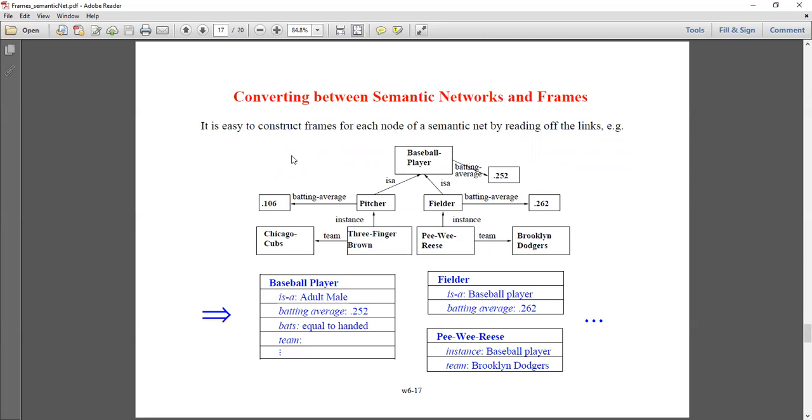So what is a script with the frames? In frames, we can have slots as well as scripts. What is a script? A script is nothing but a procedure that tells us what to do next or what to do in a certain situation. That procedure, if it is included inside a frame, then it is called a script. So every frame can have either slots, that is attribute and value combination, or it can have a script as well.